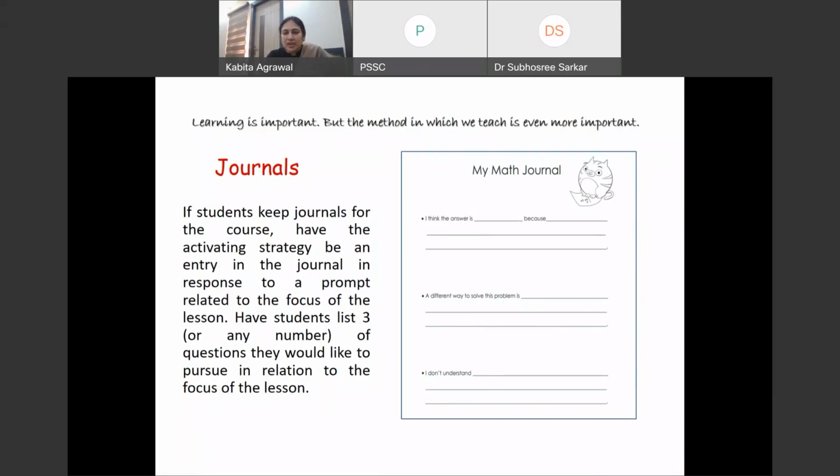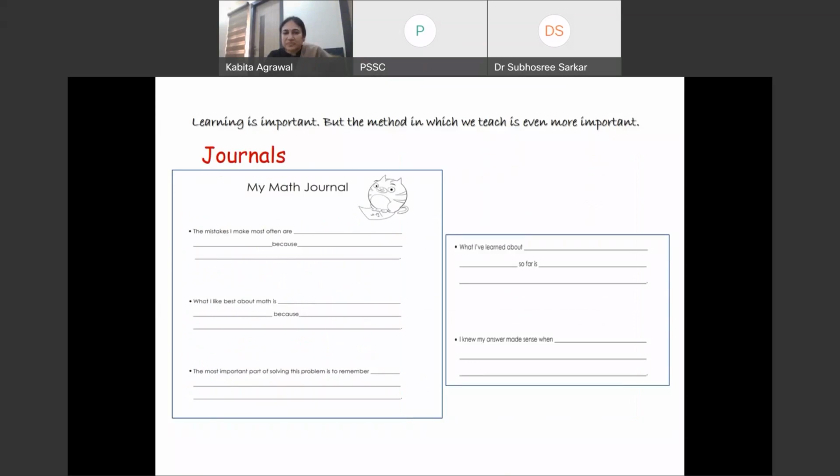Like for the math journal, I have just made a relevant example. I think the answer is this, because a different way to solve the problem is... I don't understand. The mistakes made most often are this, because of this. What I liked. The most important part of solving this problem is to remember what I've learned about this so far is... I knew my answer made sense when. So this type of